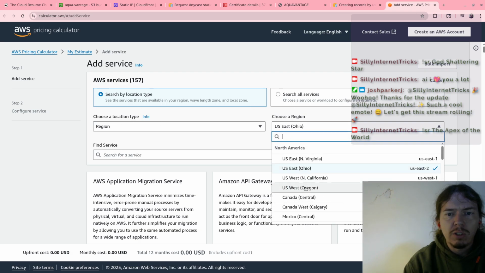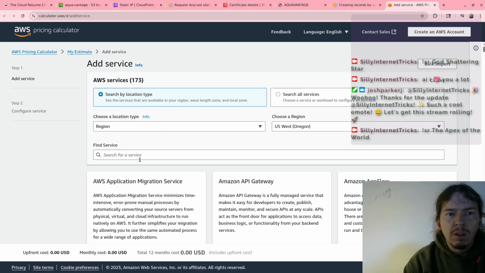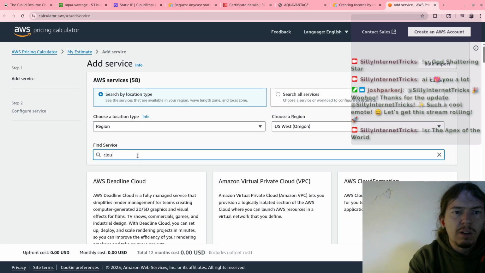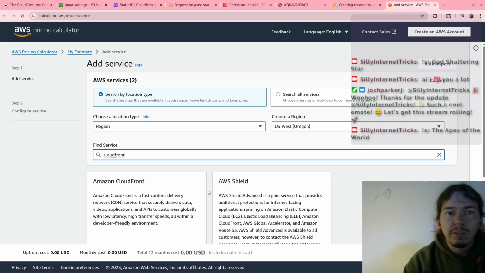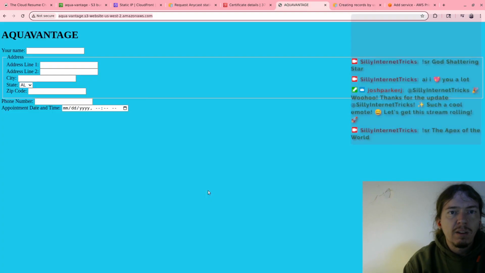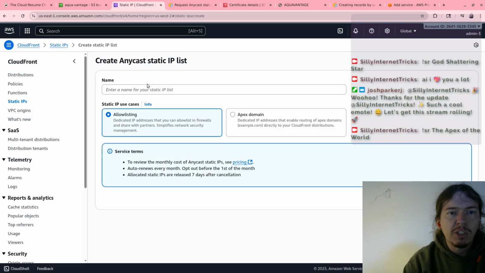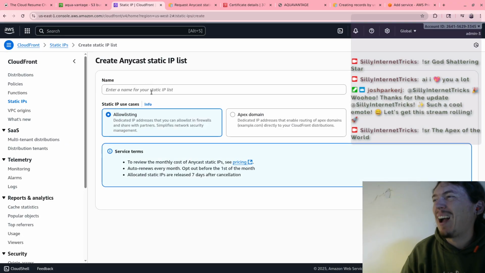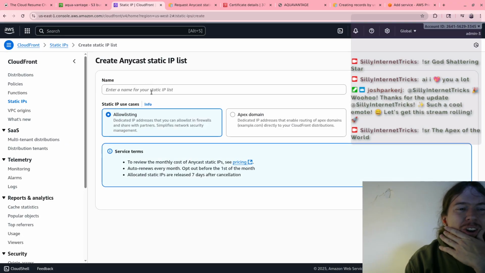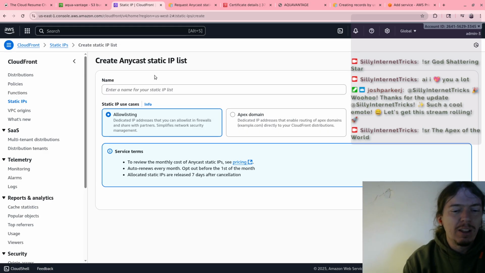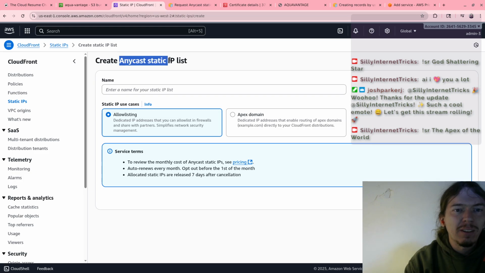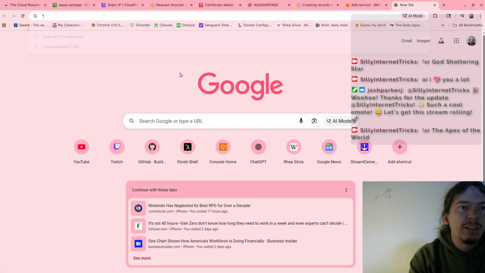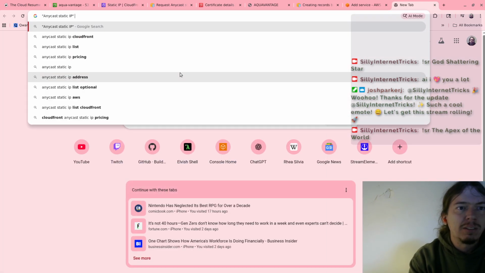So the region is Oregon. The service is CloudFront. Okay, well, where is the price? Where is the price? Oh my goodness gracious, where is the price? Okay, let's look it up online. Okay, so here's what it is. CloudFront.